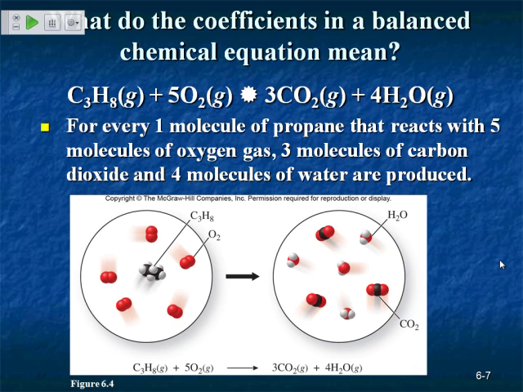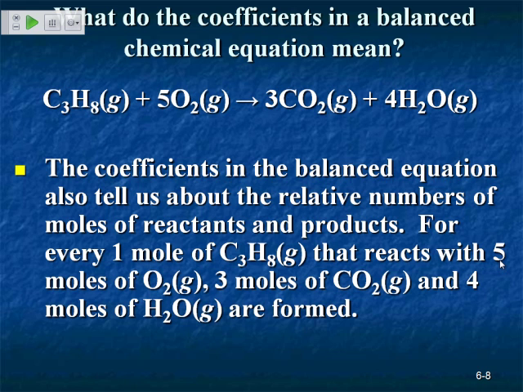1 molecule of propane, 1, 2, 3, 4, 5 molecules of oxygen, and you have 1, 2, 3 molecules of carbon dioxide, 1, 2, 3, 4 molecules of water. So the picture also shows what we see in the balanced equation. So the coefficients in the balanced equation,